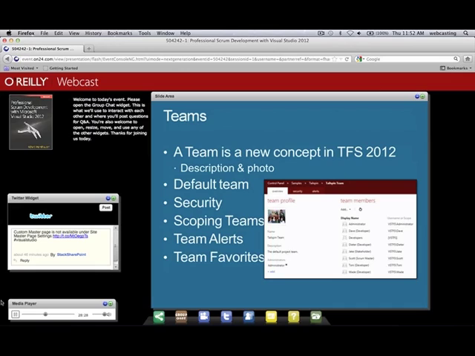So it allows you to set up team alerts. So hey, everybody on the UI team in this team project gets an email when something gets checked into this folder in source control. And everybody over here on the services team of this big team project, they might have a different set of alerts so that everybody gets an email when something happens. So even the notion of team alerts is pretty cool in TFS 2012. If you've got a team of 9 developers, in the past, if you wanted them all to get an email, you'd have to ask nicely that they all go in and add themselves into that alert. Now you can just say, hey, team, get sent an email alert to insert their email address here, and it will send it out to everybody on the team.